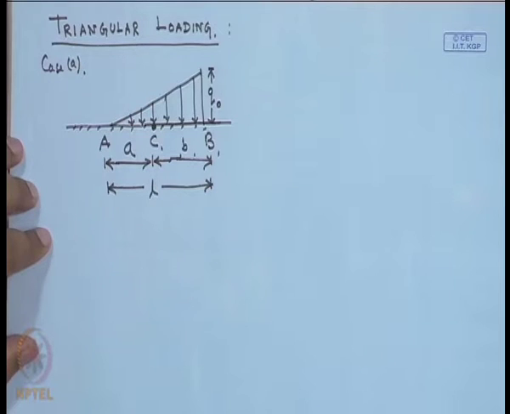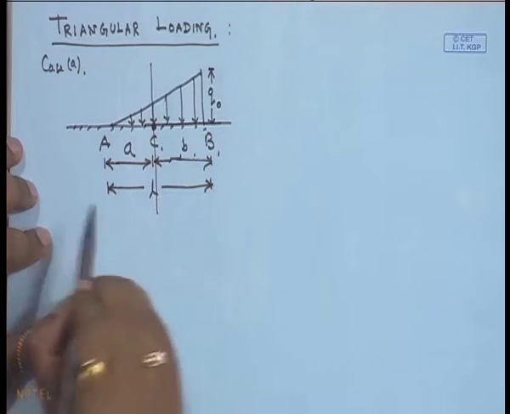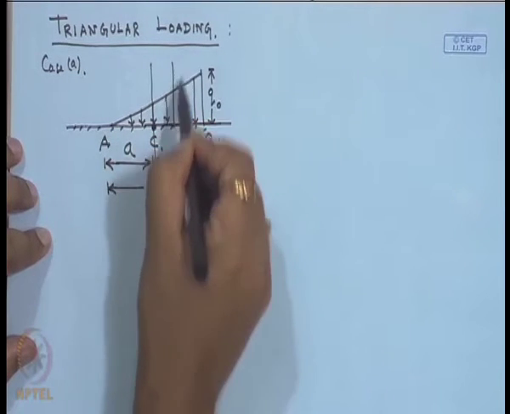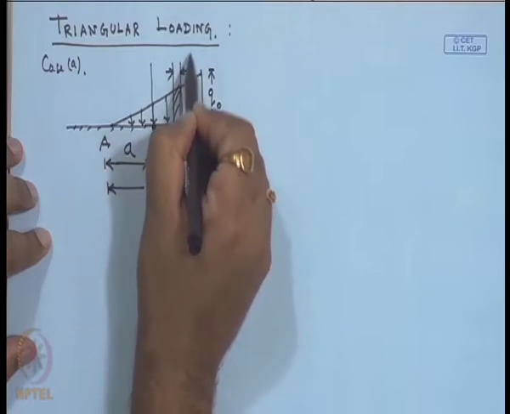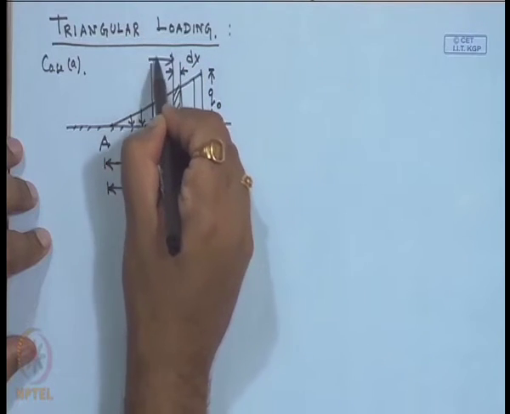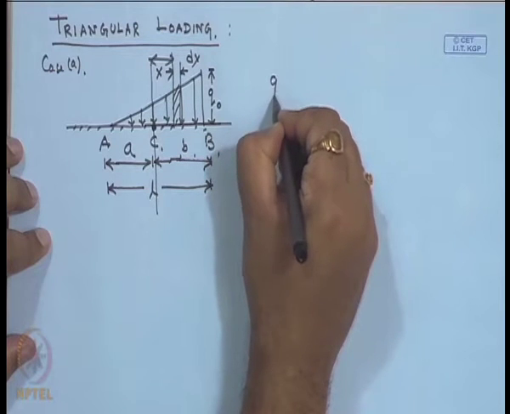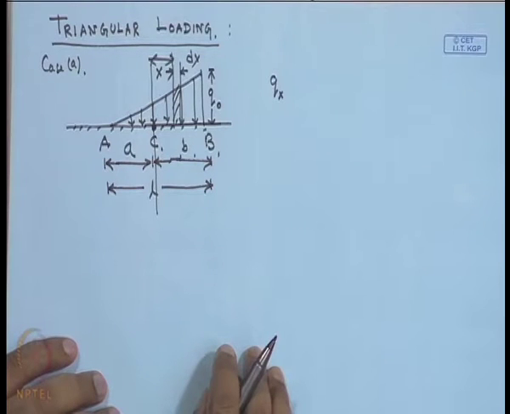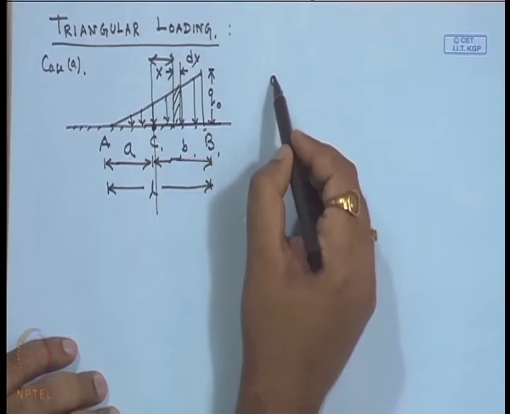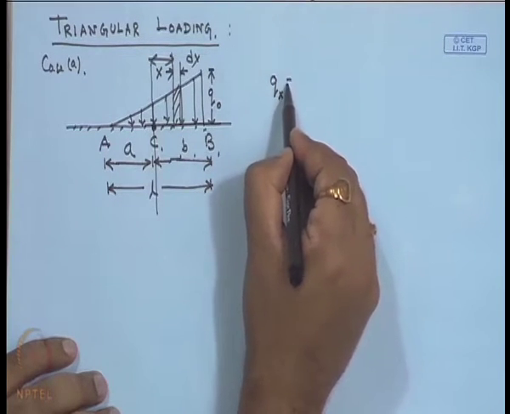Distance from A to B is L. Again from this point C, one segment is taken with thickness dx at a distance of x from the C point. Now, the q x, the intensity, the loading intensity at a distance of x from the C, will be equal to